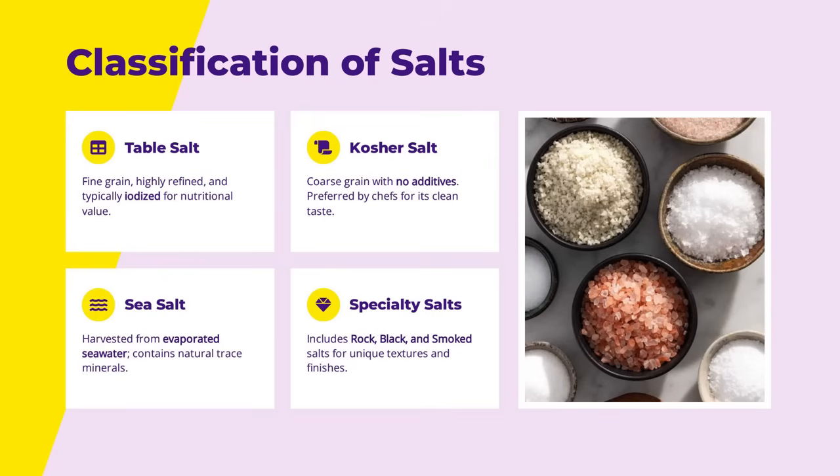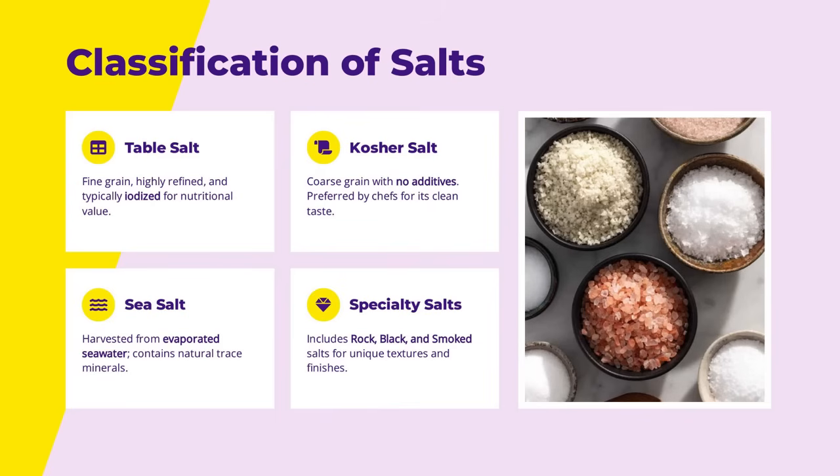The third type is sea salt. Sea salt is obtained by evaporating seawater. Unlike highly refined table salt, it retains small amounts of natural minerals that may contribute subtle differences in flavor and texture. Sea salt is commonly used both as a baking ingredient and as a finishing salt to enhance the appearance